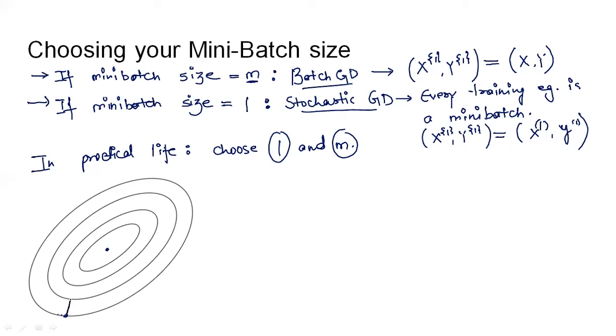So in the initial steps the gradient descent would take large steps. But as you reach towards the global minima, the size of the steps would go on decreasing, and then you will approximately reach the global minima of this gradient descent contour plot. So this is the case when we are taking the mini batch size as m and it is performing as a batch gradient descent algorithm.